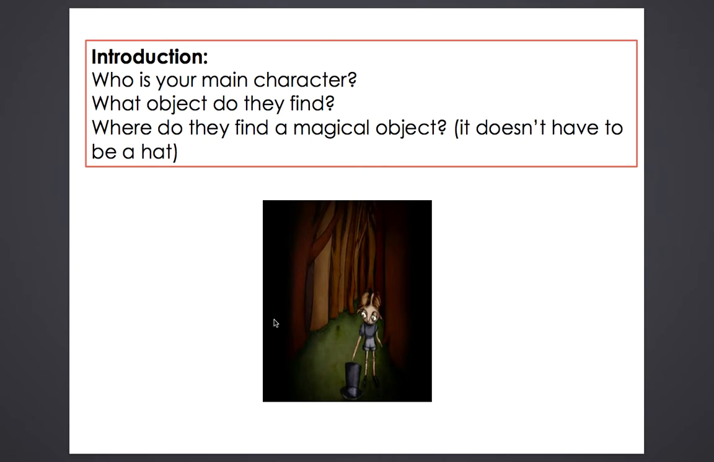That's up to you. Then, the next thing I want you to think about is what object do they find in the woods? It doesn't have to be a woods, it could be the seaside, it could be near the oceans, or it could be in a busy city. Up to you. But the next thing, what object do they find? So the boy finds a black hat, doesn't he? Maybe your character finds a